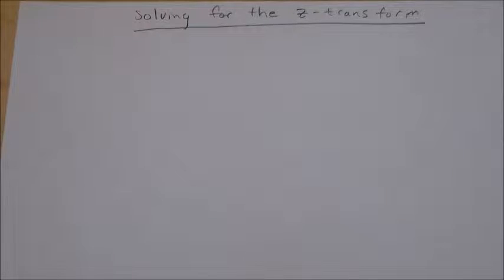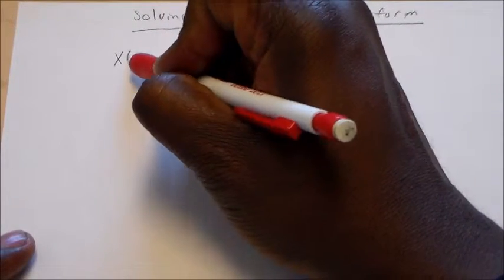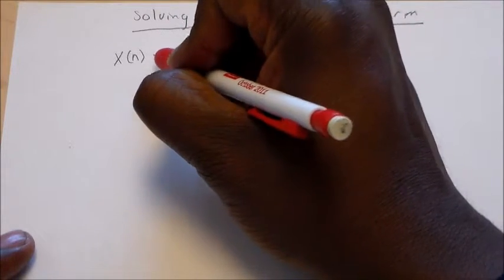Okay, so in this video, we'll also be solving for the Z transform. In the first one, we solve for the Z transform of a sequence. In this one, we would be looking at a sinusoidal signal. Okay, so in this case, our x of n is equal to